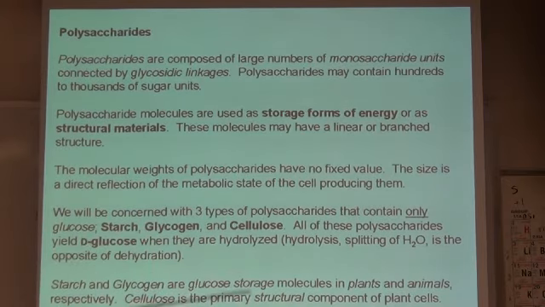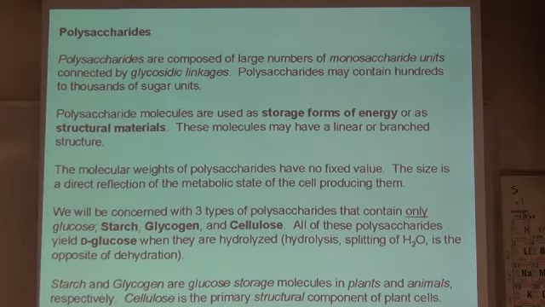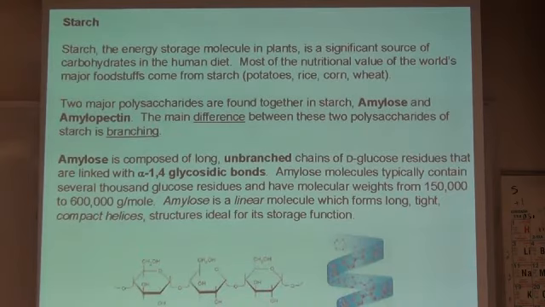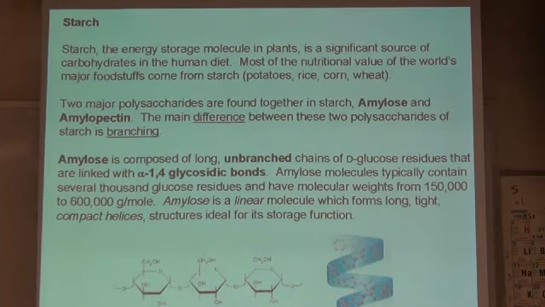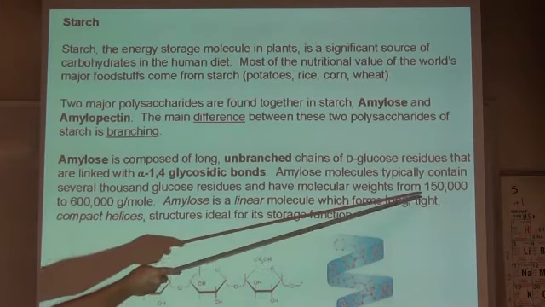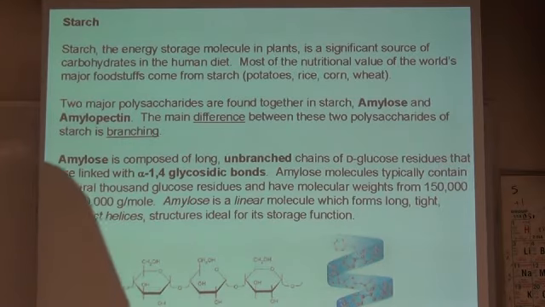So if we look at starch and glycogen, we'll see that these are alpha 1,4 linkages. We start with starch. Starch has 2 basic forms: amylose and amylopectin. And really these are long polymers, and the only thing that differentiates one from the other is simply the degree of branching. There's branches on the amylopectin, but there isn't on the amylose. Look at how big they can get. 150,000 to 6,000 grams per mole. These are huge, huge molecules, right?